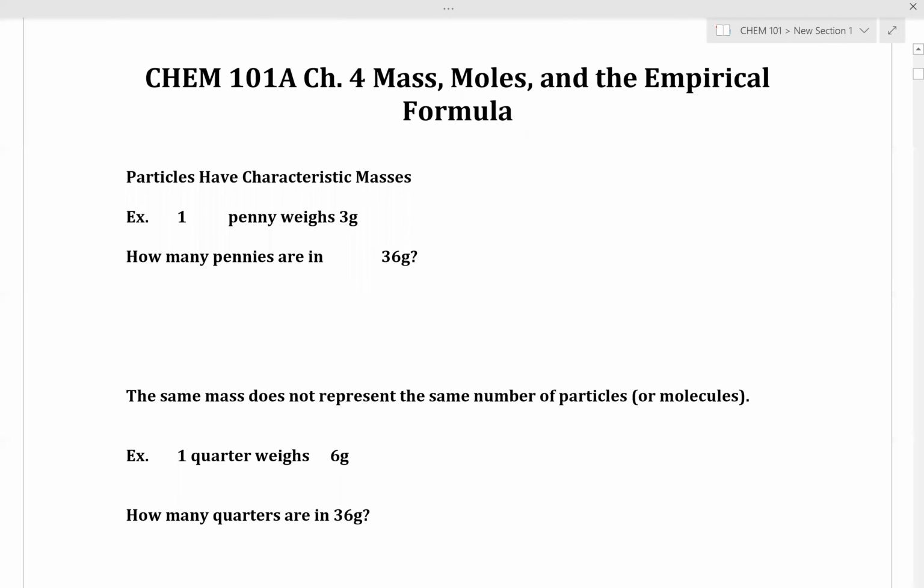So let's talk a little bit about chapter 4, which is mass, moles, and the empirical formula. Let's start off with the fundamental idea of this chapter. Particles have characteristic masses. For example, if I draw a penny, I know that 1 penny